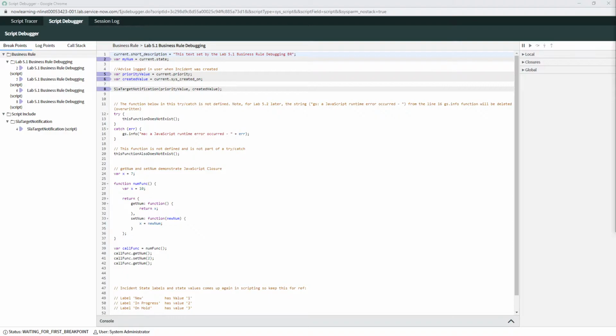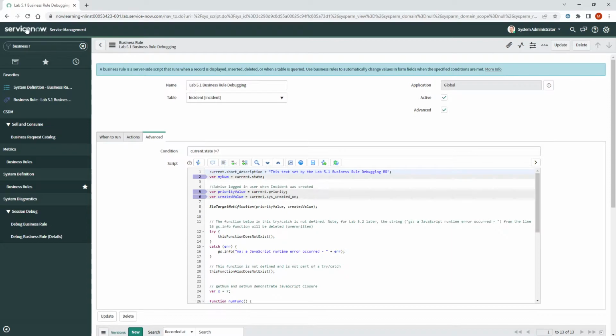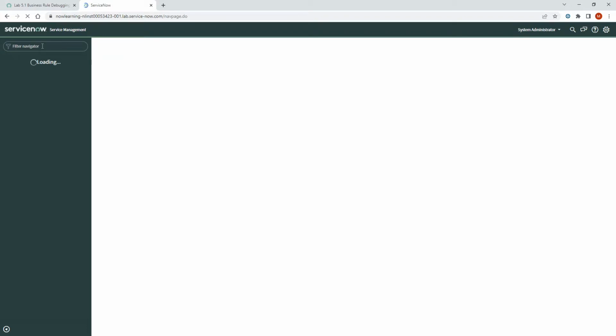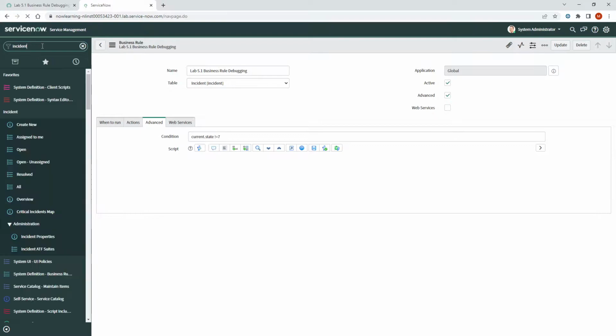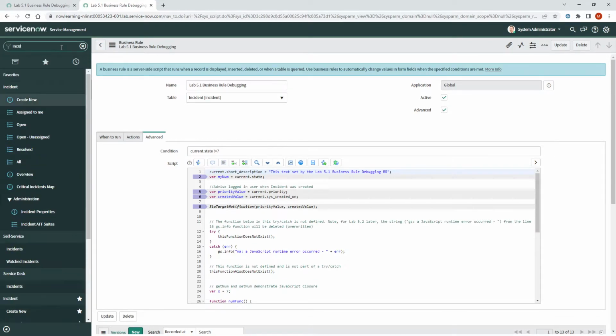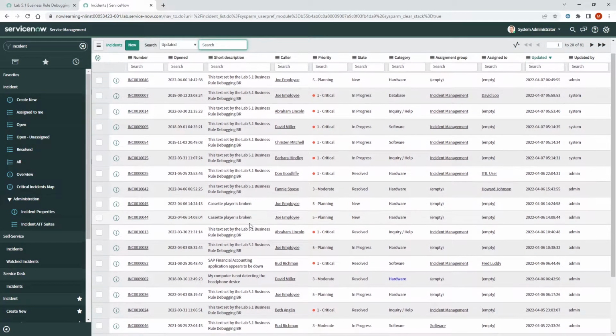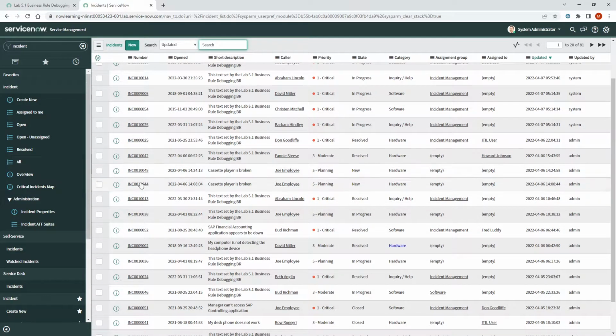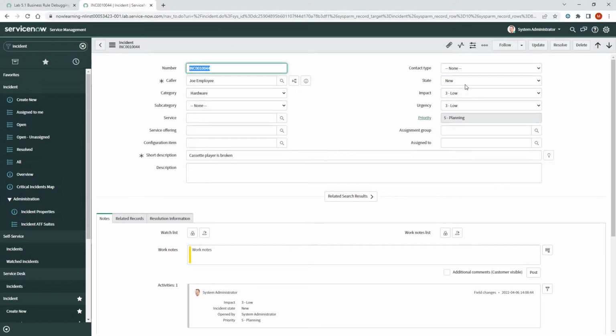So let's go back to our option here and just click on duplicate in order to open an incident ticket, and if I type in incident and click on all, and I'm looking for an incident, let's say a new one, the easiest thing for me to do would be just to put it in progress. So if I change the state now to in progress,